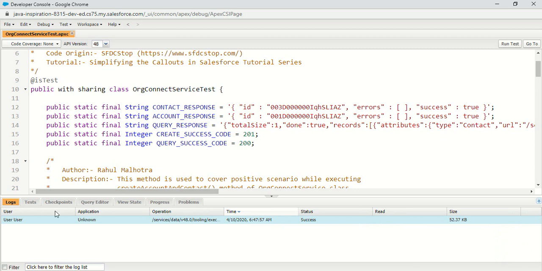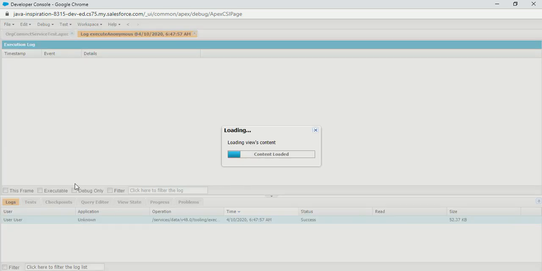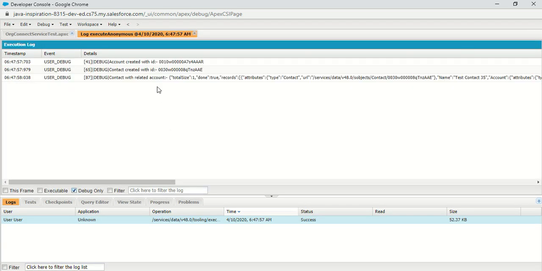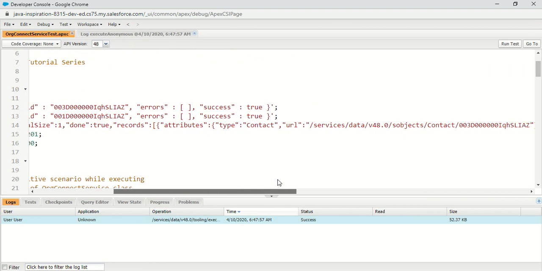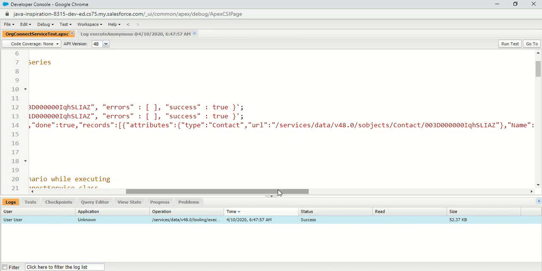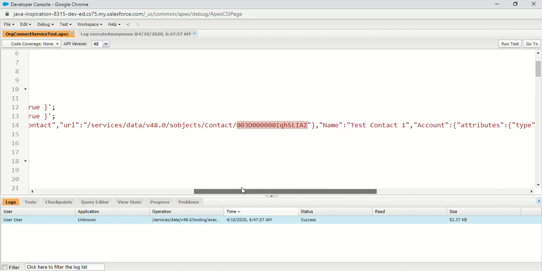If you remember, when I showed you the responses from the three APIs, the contact response had total size and then records in an array. I have added the same format here so that I can create a fake response, and I have taken care of small things like the contact ID being the same as the one created before, and the contact name being the same.